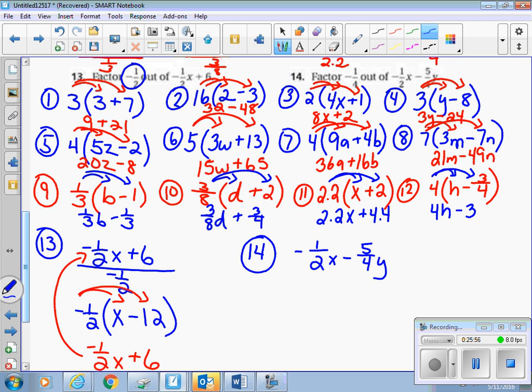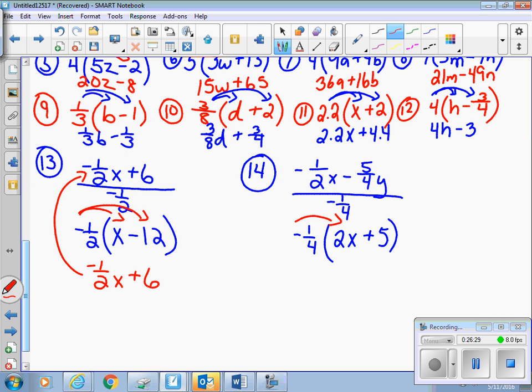All right, so since we're factoring out negative 1/4, we're going to be dividing everything by negative 1/4, and we know that negative 1/4 is going to be our first factor. Negative 1/2 x divided by a negative 1/4, a negative divided by a negative gives me a positive 2x, and a negative 5/4 y divided by a negative 1/4 would leave me with a positive 5. And like always, we will distribute to check. Negative 1/4 times 2x is a negative 1/2 x, and a negative 1/4 times a positive 5 is a negative